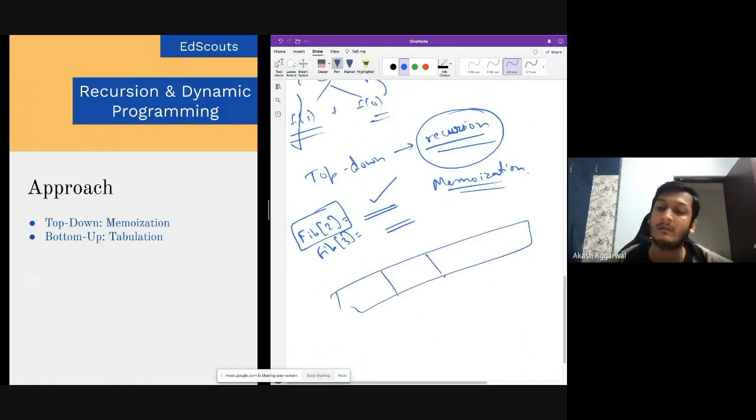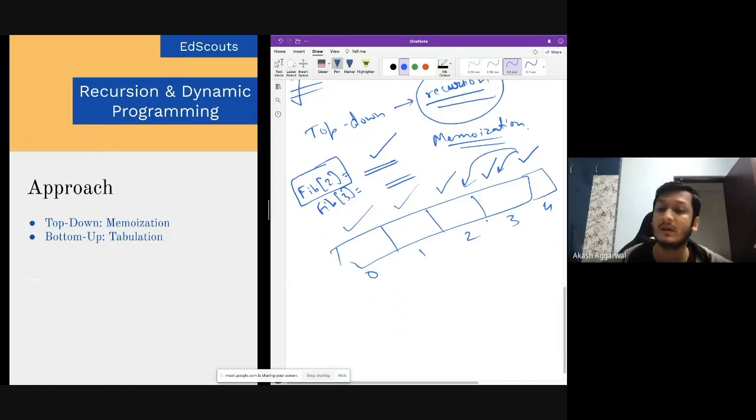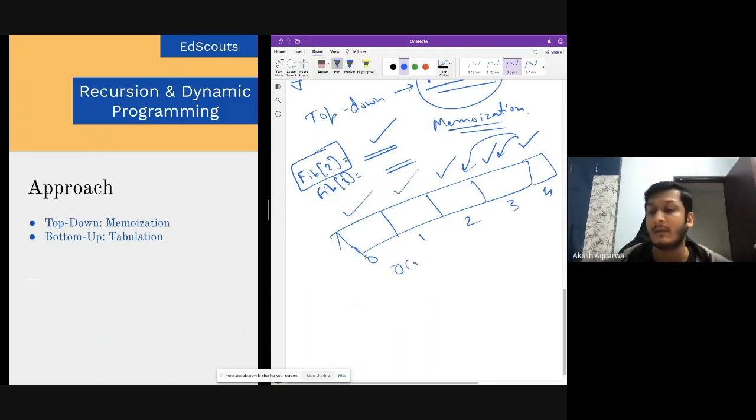So for example, if it was Fibonacci of 4, you can just imagine it like an array: Fibonacci of 0, Fibonacci of 1, Fibonacci of 2, Fibonacci of 3, Fibonacci of 4. Let's say it like this. So what you did was, you computed Fibonacci of 0, Fibonacci of 1, Fibonacci of 2 only once, Fibonacci of 3 only once, and you computed Fibonacci of 4 from Fibonacci of 3 and Fibonacci of 2. You just stored all of these values, computed them just once, and if a recomputation was required, you just directly accessed it. So just tell me how many computations you will require here. You will require only order of n computations. So order of n space will be required here.